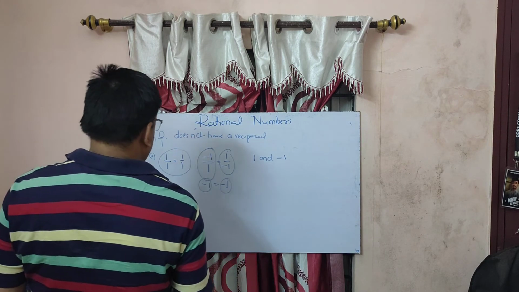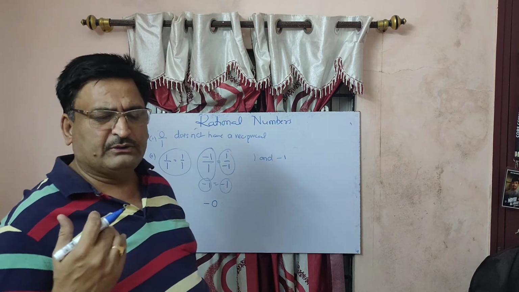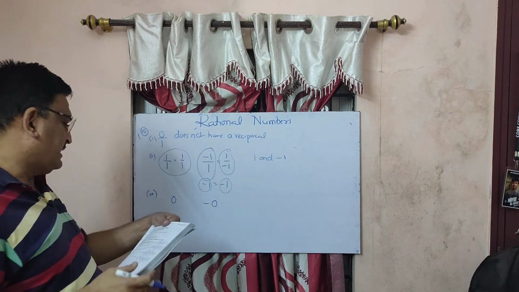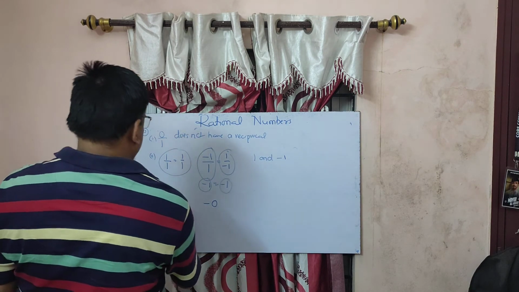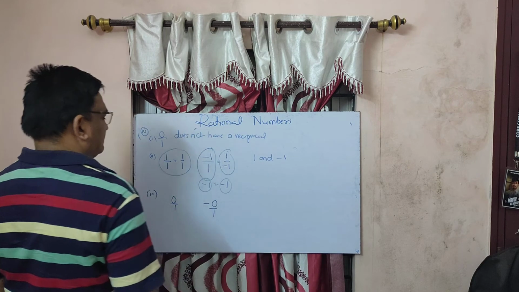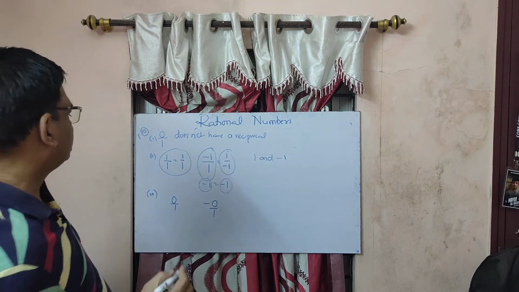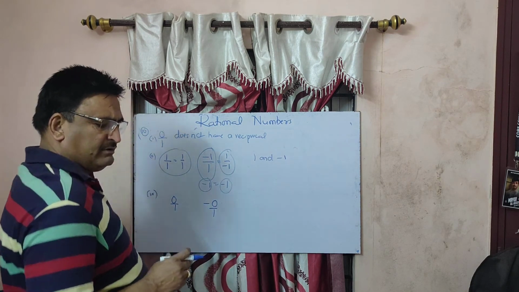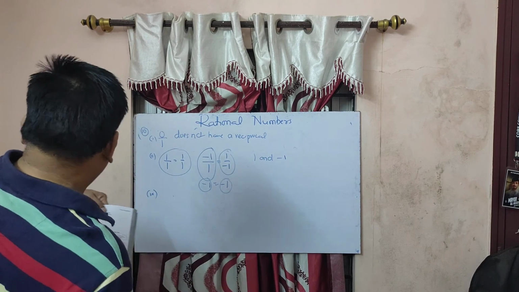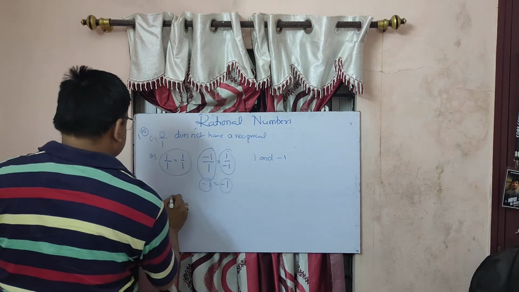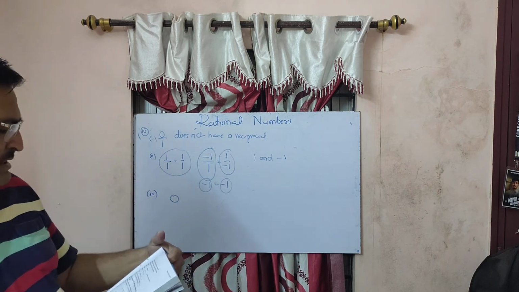If you write minus 0, is there any difference? There will be no difference. So the rational number that is equal to its negative is 0 only. So 0 upon 1 or minus 0 upon 1, both have the same value, that is 0 only. So in all you have to write that the rational number that is equal to its negative is 0.